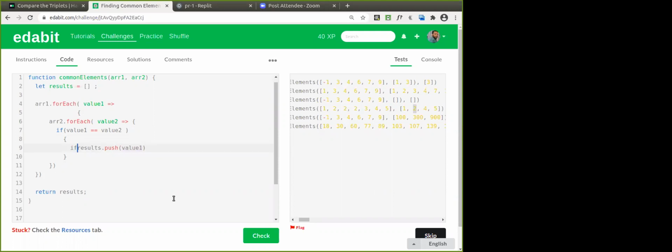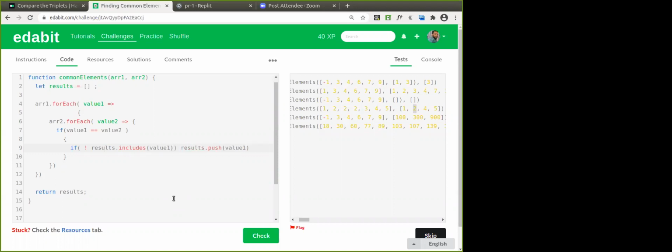If what? If not results.includes value 1, comparing with value 1, no? Good.